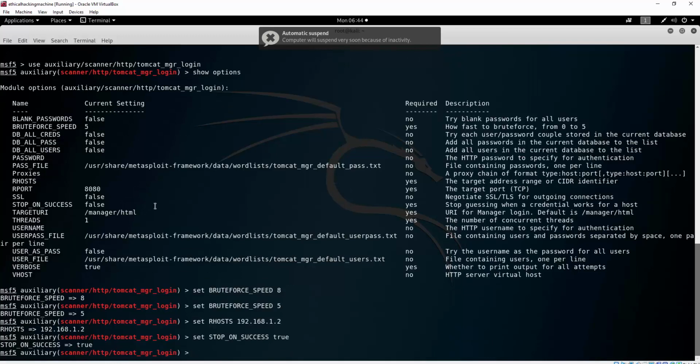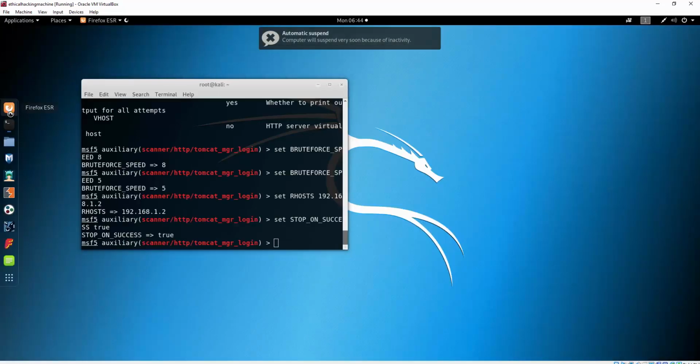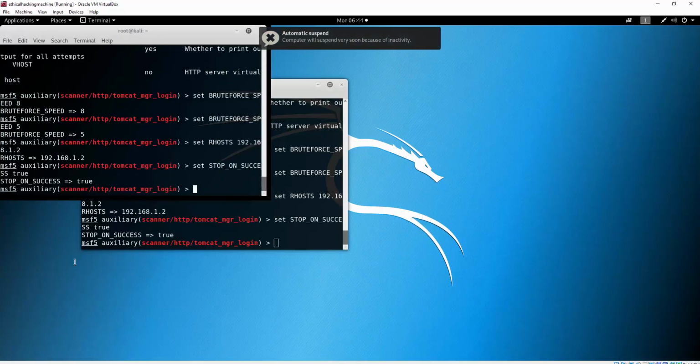And it is set as well. The next thing, target URI, is manager/HTML, which is good. So this is a good path, I believe. Let me just check. If we go to the Firefox, this is basically the path to the login page